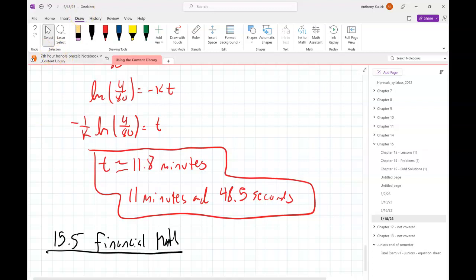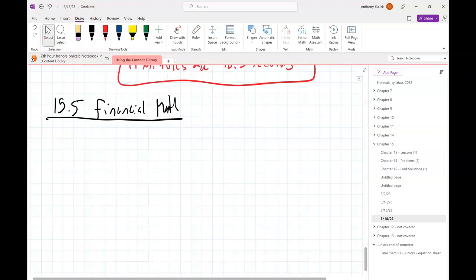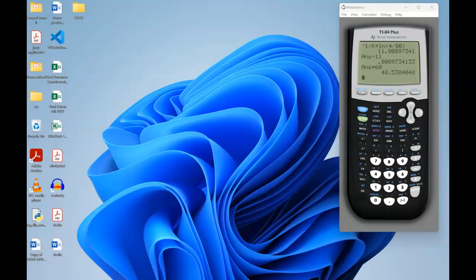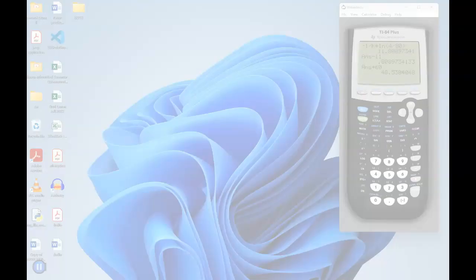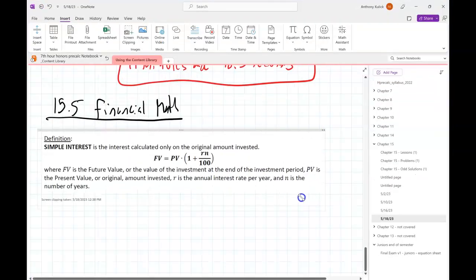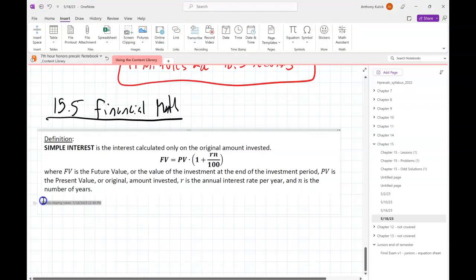All right. Now on to section 5.5. In 5.5, we're going to talk about financial mathematics. The main topic we're going to start with is interest. And we're going to start with the most basic situation, really the dumbest situation that nobody uses, but that's called